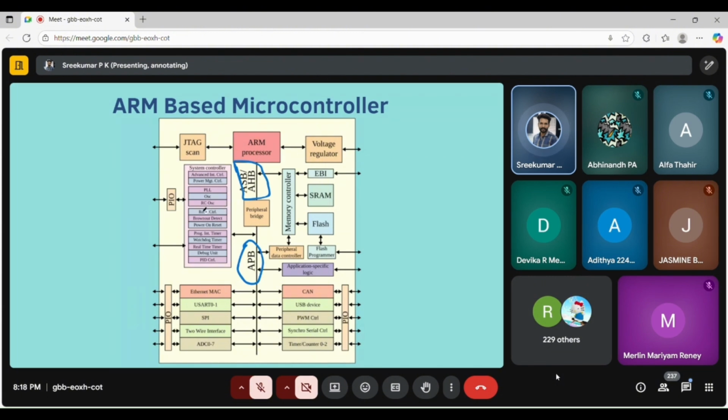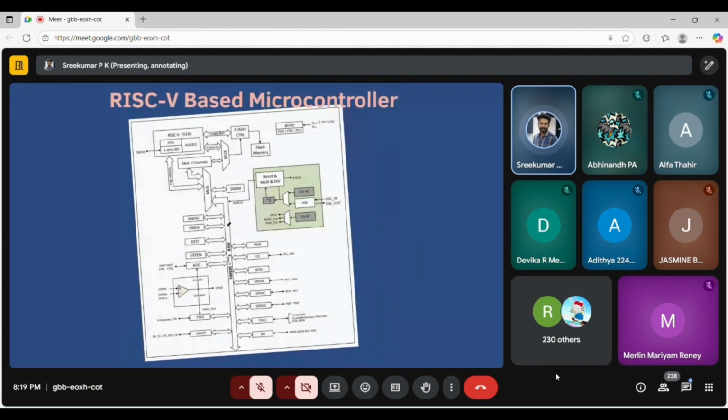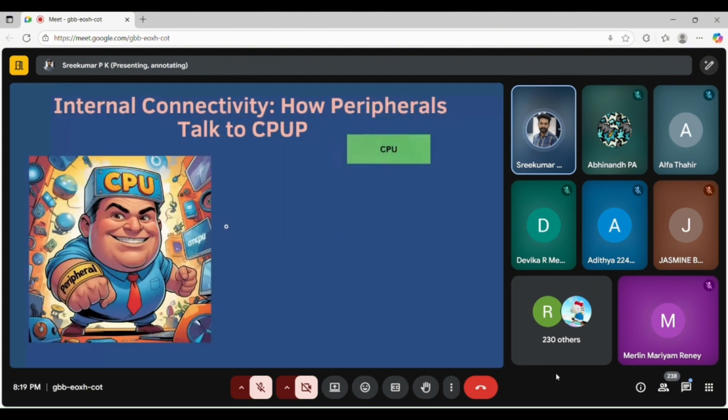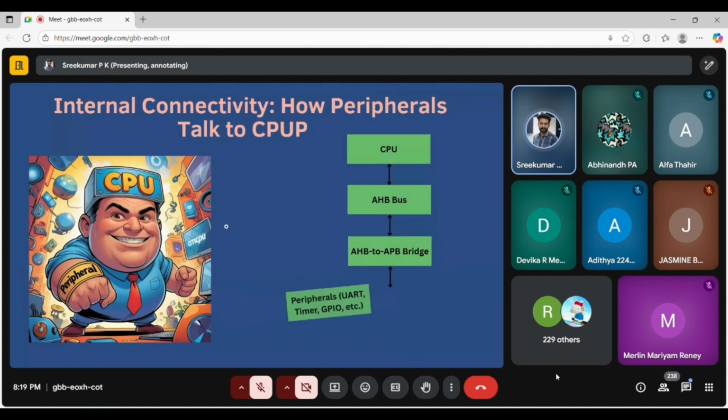Inside that, you can see one reset control unit. It handles brownout detection and power on reset. There is one circuit called power on reset, which detects power on. At the time of power on itself, the microcontroller gets a reset. What happens when a controller resets? I will show you.